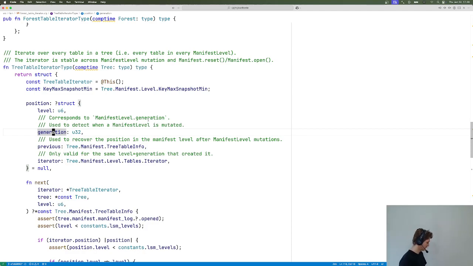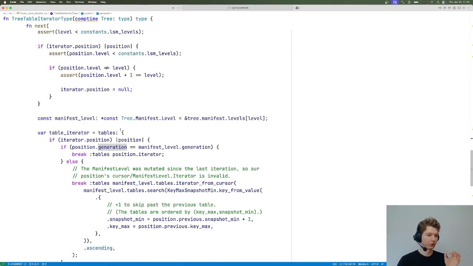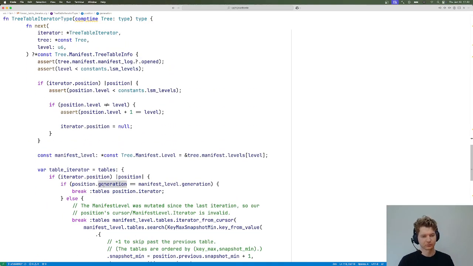We maintain a generation counter. In the structure which we mutate, we increment the generation counter every time we mutate. And in our iterator, we also maintain this generation counter. Now, when we want to fetch the next item, if the generation is the same, so if the data structure wasn't actually mutated, then we go and